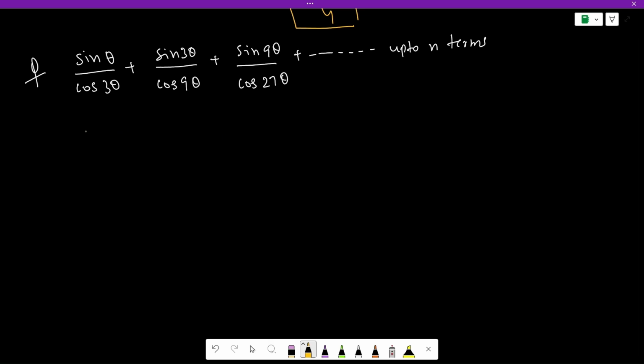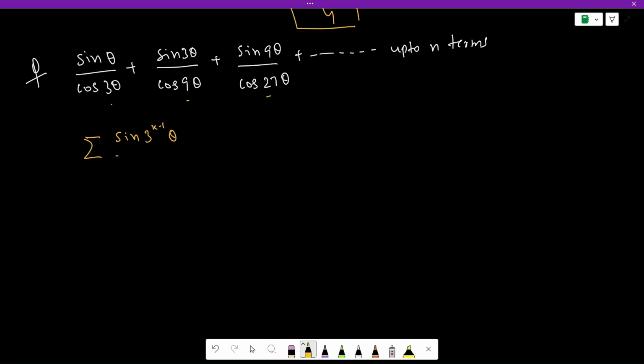So now let's solve it. So now let's first write this in summation form. So that will be summation. Now we have power of 3's in the denominator, that is 1, power 2, power 3, and 1 less power in the numerator. So this will become sine 3 to the power k minus 1 theta by cos 3 to the power k theta, and k is from 1 to n. Now we don't have anything in any product in the denominator. So